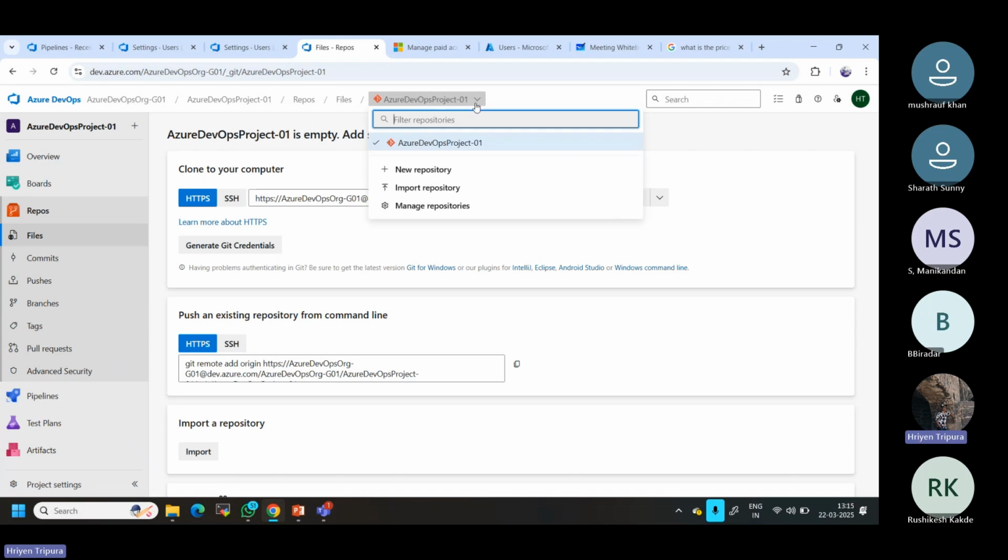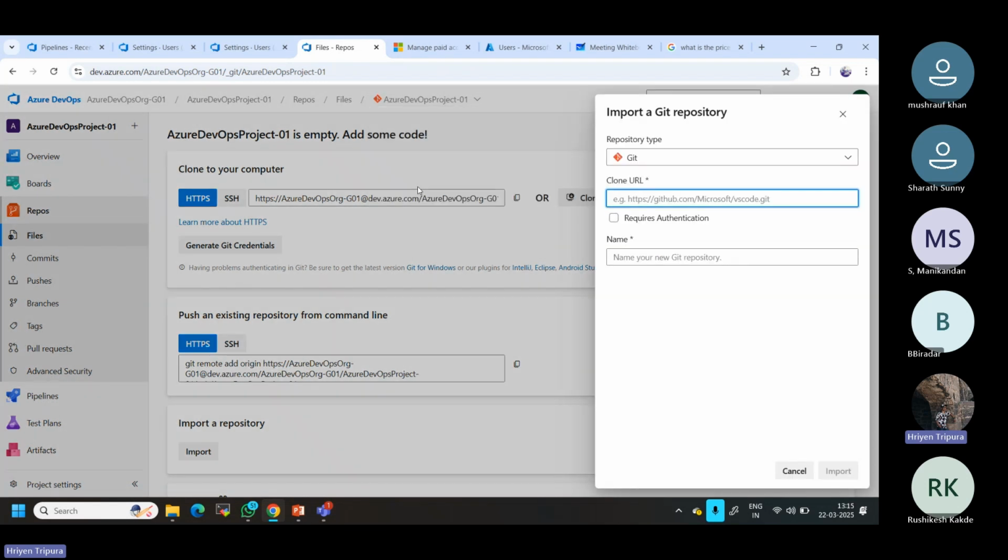Or Bitbucket. So there is an option called import repository, manage repository. As I told, we don't have any kind of repo right now. So I will select import, that is from the listing. Now it is asking me where is my code. So if I go to my